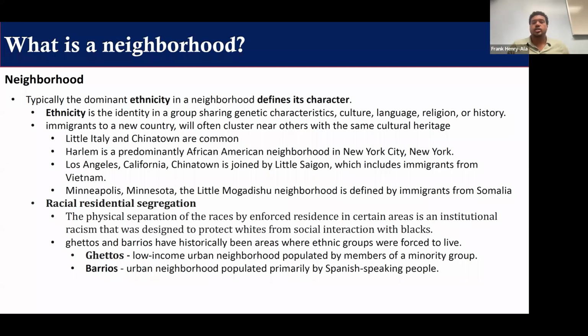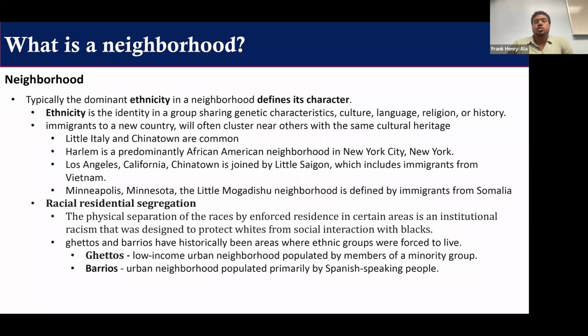So a lot of these neighborhoods were built also based on racial residential segregation, right? We learned about that when we talked about redlining. And these practices meant that if you were in one neighborhood, you pretty much had to stay there. Even the separate but equal practices where Black people were not able to live or go in certain spaces that white people were able to go to. And actually, really, it's people of color as a whole. So it wasn't just Black people; it was people of color as a whole.